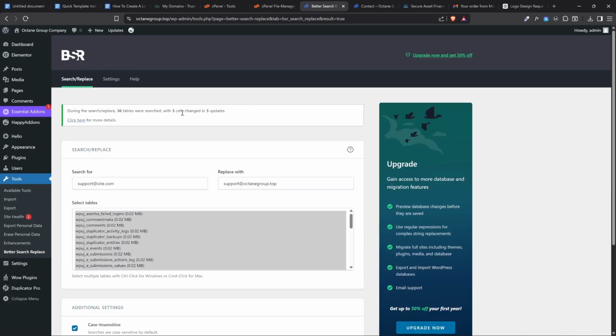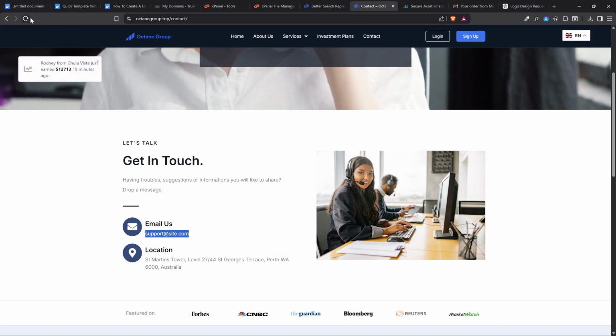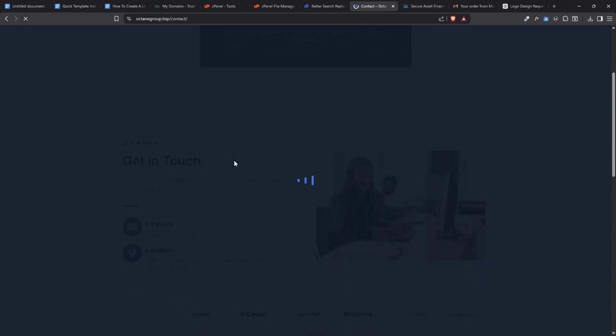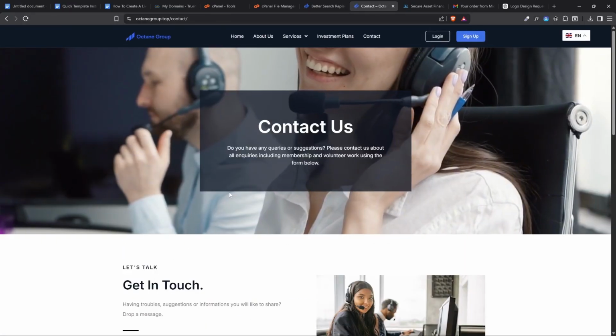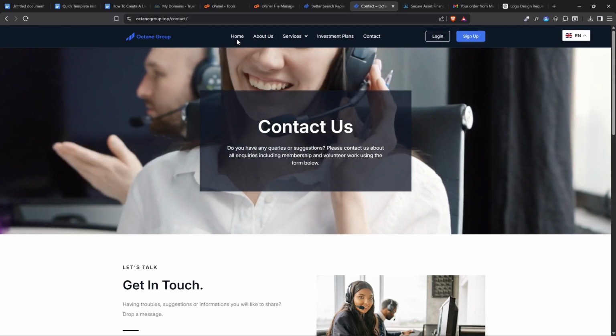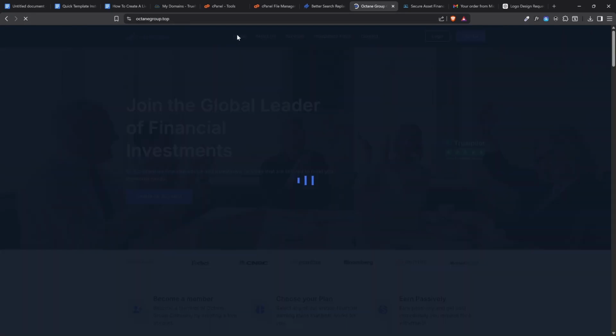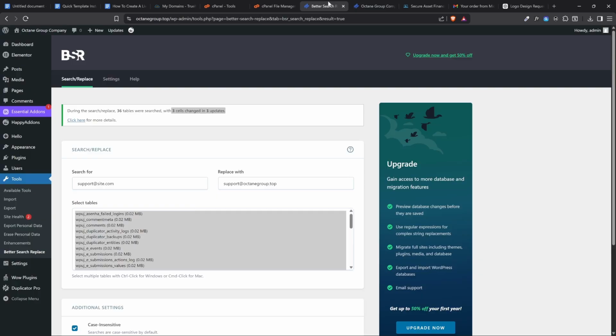All right, so you can see that it made some updates. Now if I come back to my website and reload it, okay, you can see here that the email has changed. Now also there are so many more edits. For instance, if I click on any page, notice this loading thing that is showing. If you don't want that loading stuff, what you do on your WordPress admin is come to